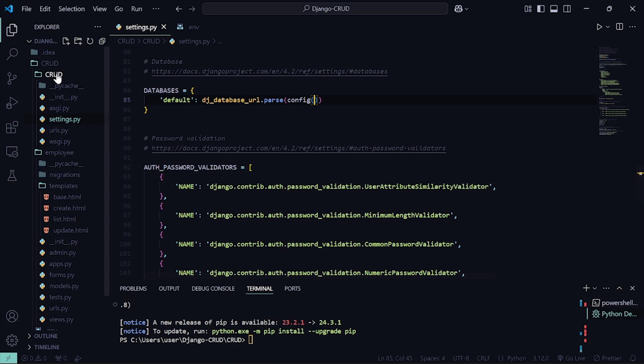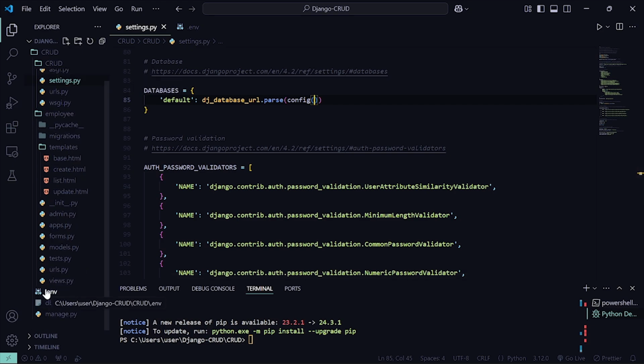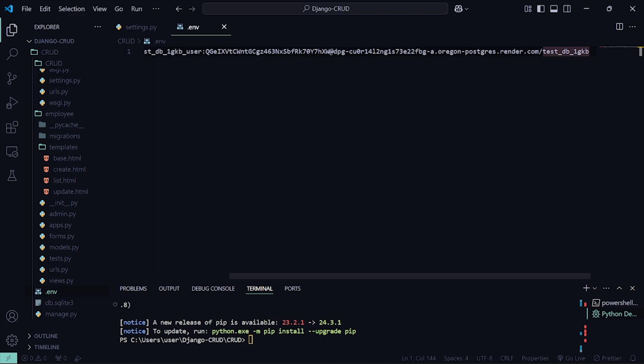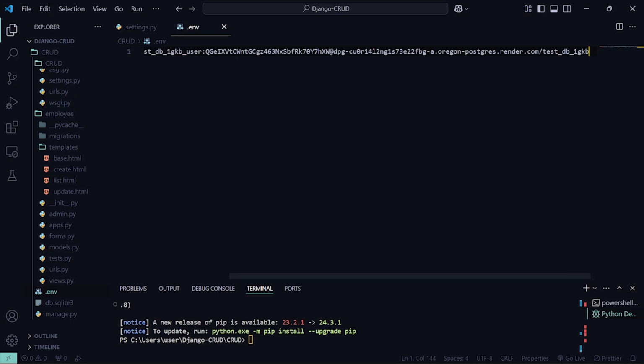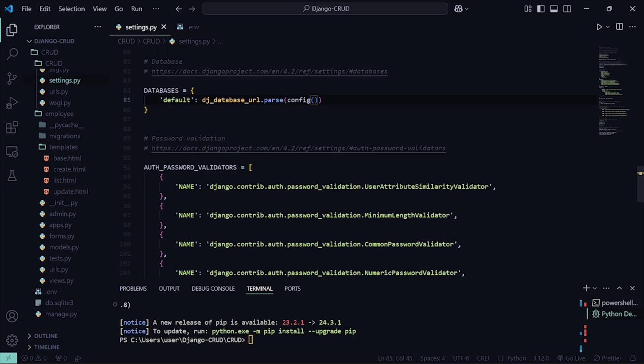So one thing we need to do now is create a new file called .env, although I've already created it. Create it like this in your home project. Inside, let me delete what is here. We are going to create a variable DATABASE_URL, then paste the external URL there. Note, not the internal one, the external URL. Then I'm going to come back to my settings.py and call that DATABASE_URL